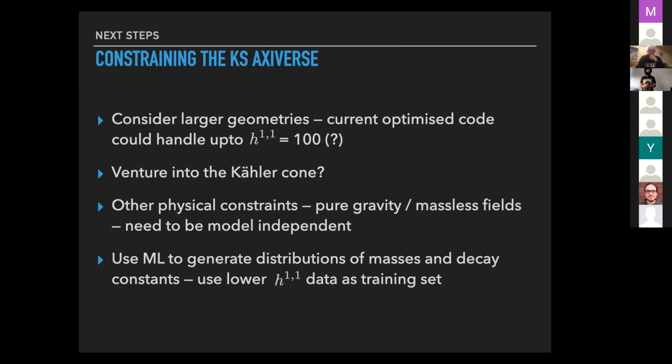And then the question is, now that we have this very nice ALP data, are there other physical constraints that we can apply? Alongside this, it would also be nice to explore up to H11 equals 91 and try to get some handle on what ALPs may well be produced there. Of course, this is a long-term project and will take us quite far into the future, maybe even into the after times. So thank you very much.